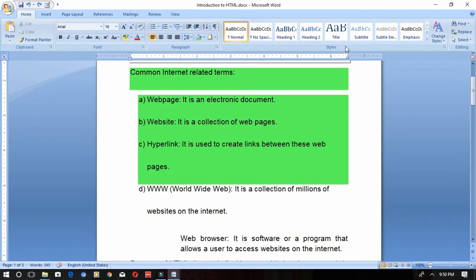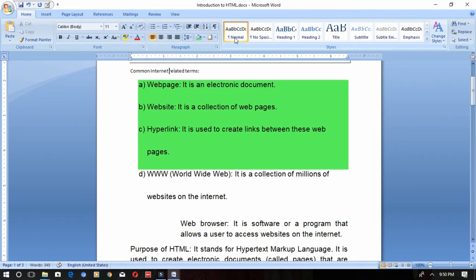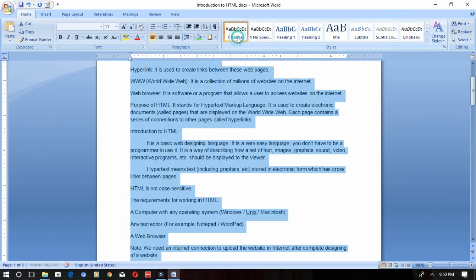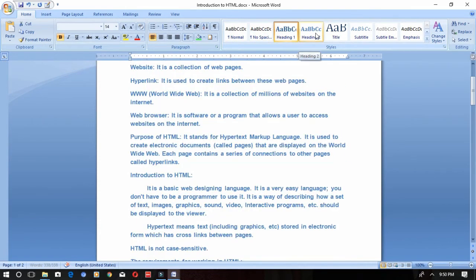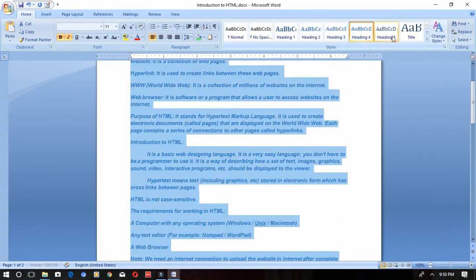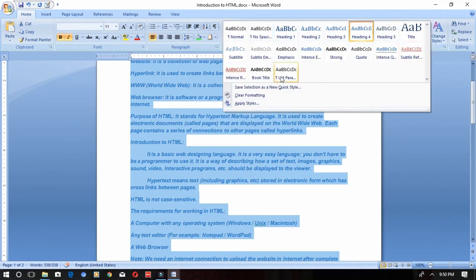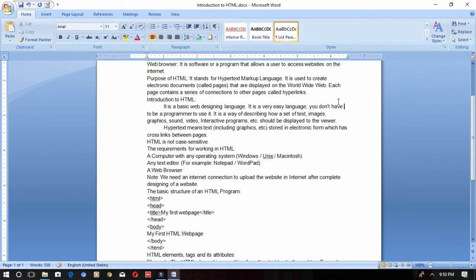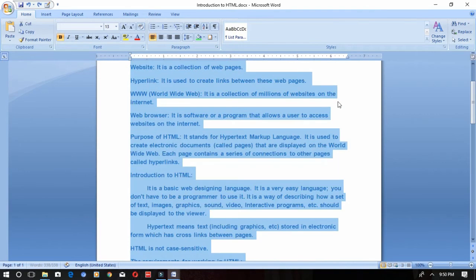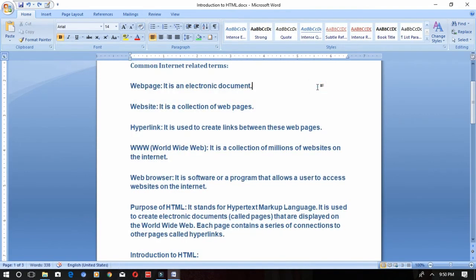Okay, so next one is text styles. See, if you select the whole text, Ctrl plus A, and if I select this, see, these are styles. You don't want to change everything separately. There is a set of styles available that can be used anytime over here. You have so many options over here. Any option you can select and format your text. If I don't want it, I will go back to normal. This is the way you can also change.